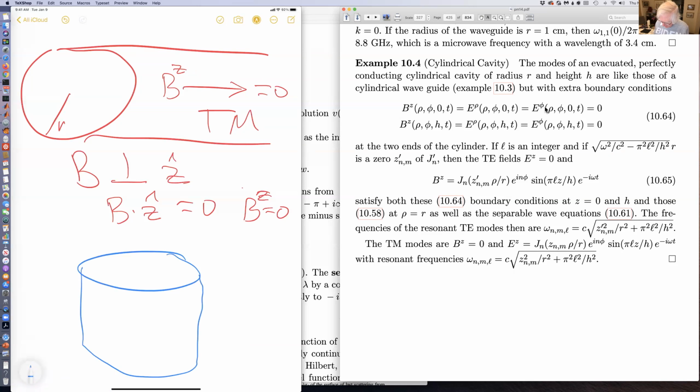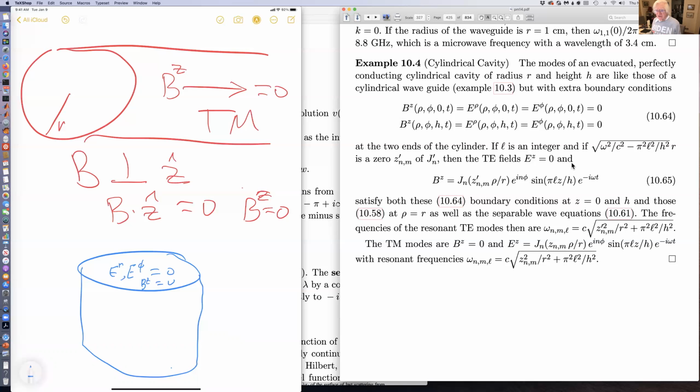Up at the top, we've got to have E rho and E phi equal to 0, and now BZ equal to 0 because the Z component is perpendicular. So we have these boundary conditions at Z equal to 0 and Z equal to H, the two ends of the cylinder. If L is an integer, and if this is a 0, Z prime n m of J prime n,